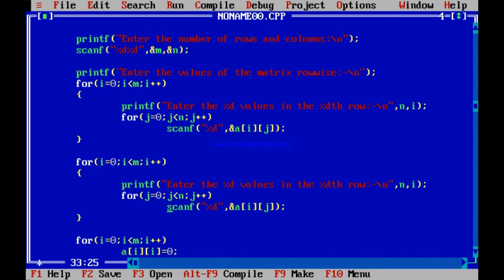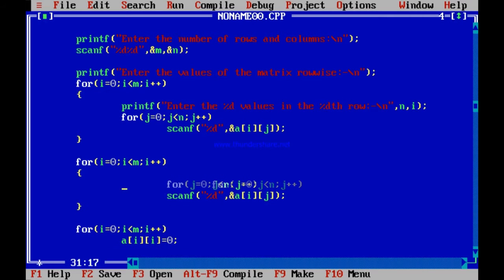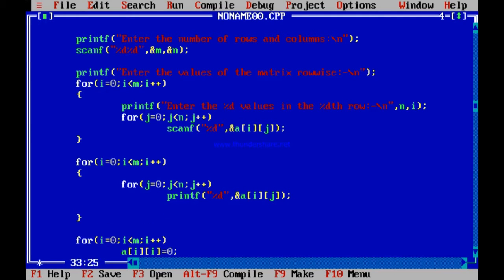I am going to print the elements of the array before changing those to 0. So first get rid of this printf, it is no more needed. Printing the values, this is not needed. I just want to print the elements of the array. So here I need to write printf, and outside the inner for loop, you need printf \n.